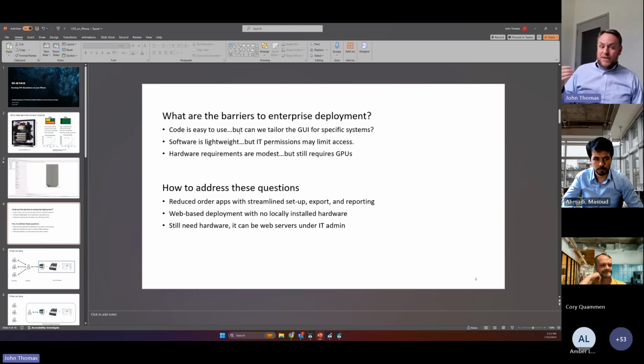Second of all, I made this point. The hardware requirements are modest. You don't need a monster GPU, but we still need a GPU. And there's still like a special thing for some organizations to procure. Like, they have to make the decision that they're going to go buy a GPU, as it were. It's not as available as just everyone's laptop. And so the code is easy, the software is lightweight, and the requirements are modest, but yet there are barriers